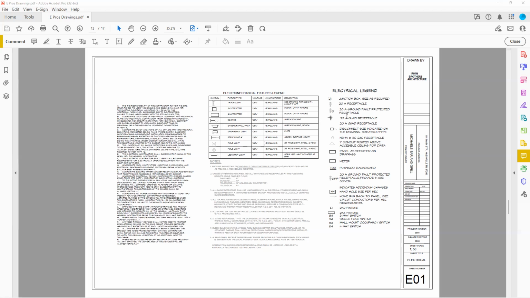There's always little variations, and you want to make sure you just double check the legend to make sure that you know exactly what it is that you're putting in. Sometimes